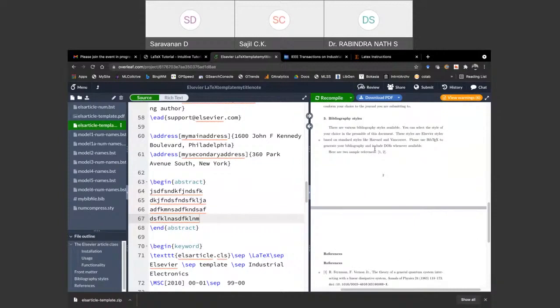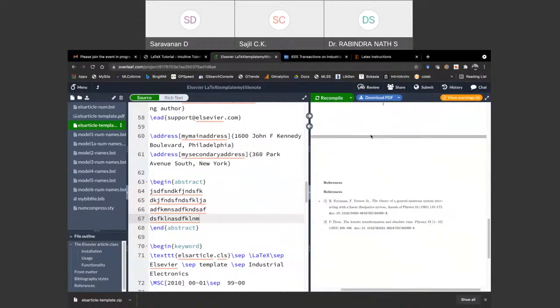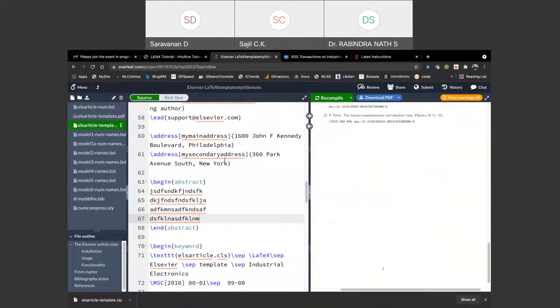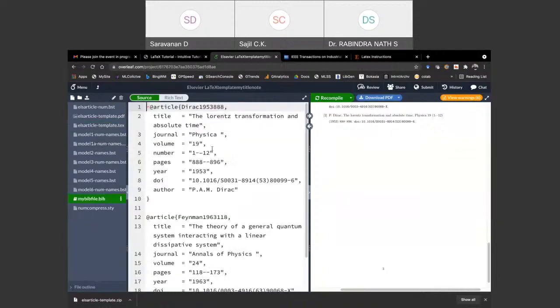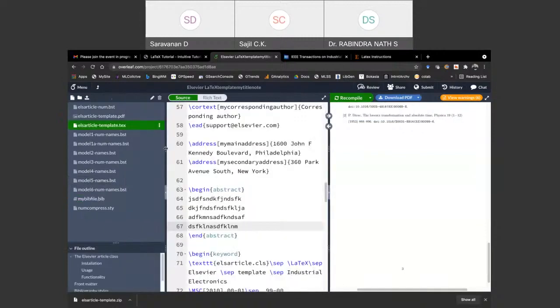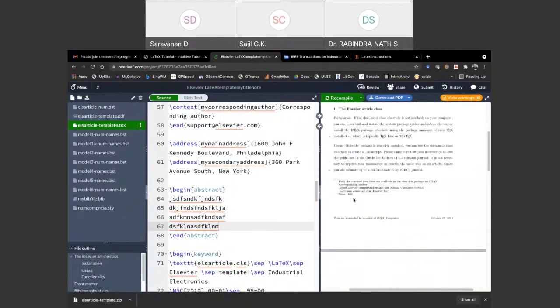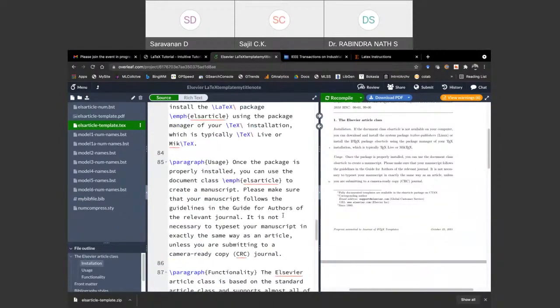You just need to read it through and then use it. You can ignore the other files like the .bst files. This is the bib file where, just like I showed you, they have added two examples of BibTeX entries, and you can cite them from the text file. So they have cited it. Let me see which way they have cited it.